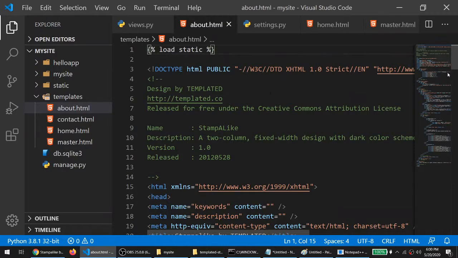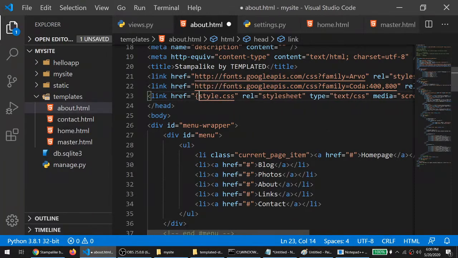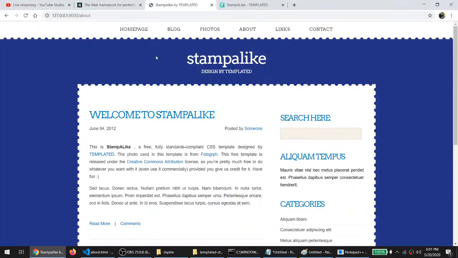And the last step, instead of this path, this is a direct path, right? What we have to do is specify our static folder. So curly braces, percentage and percentage, and then we have to specify static. Static is a folder. So it's done. You have to change this path, and now it's done. If you refresh your about.html, you can see my CSS is loaded successfully, right?